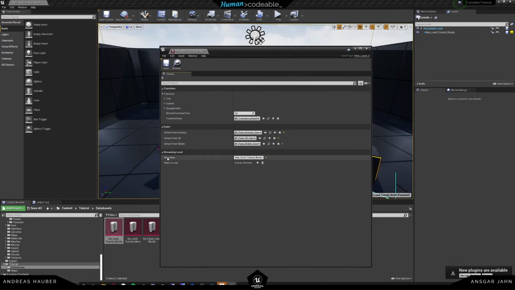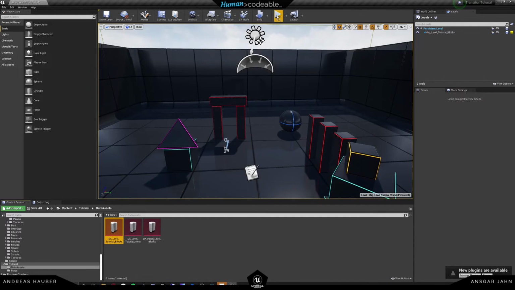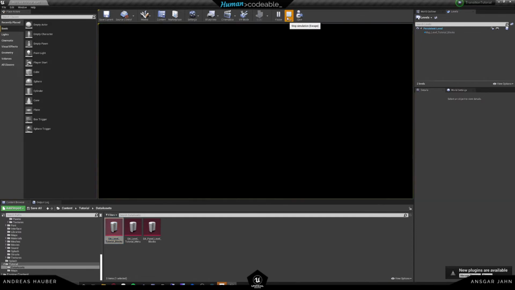So instead of loading the blocks level directly, we're going to load the world level. So this is a map level tutorial world. And as the maps to load, it will load the blocks level. So let's put that in here. Perfect. So now what we have is, oh sorry,